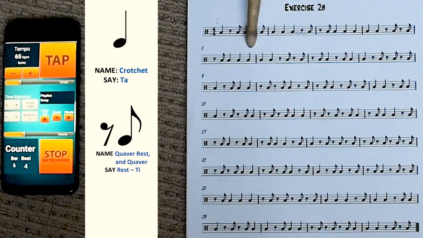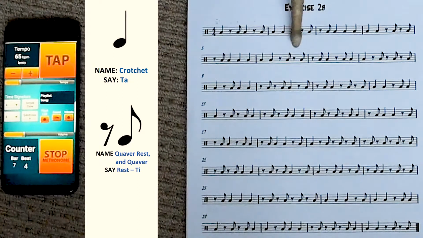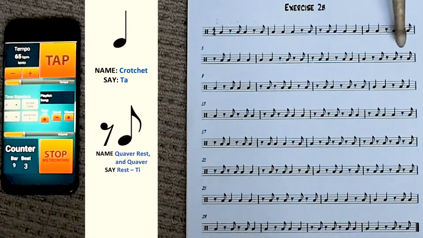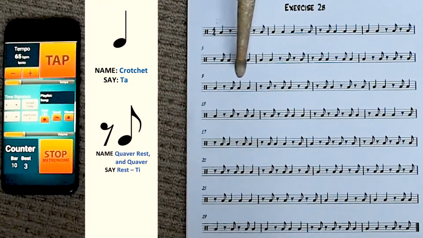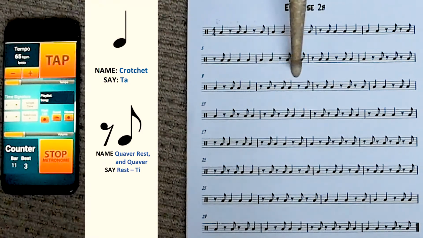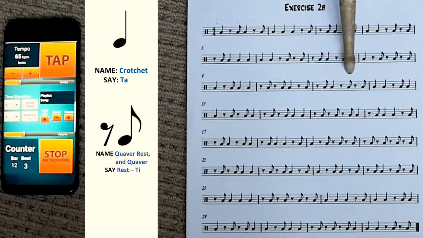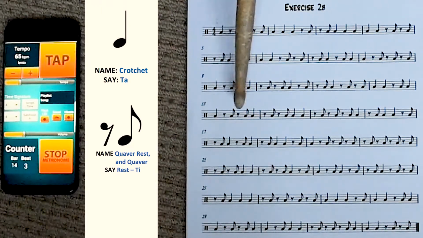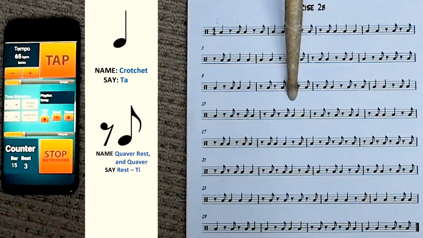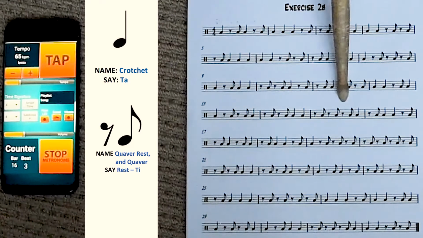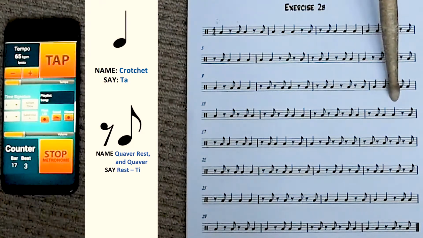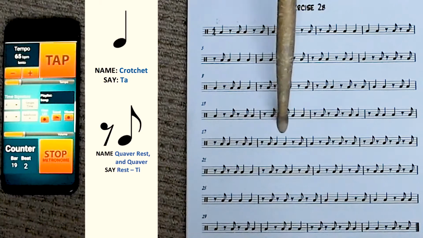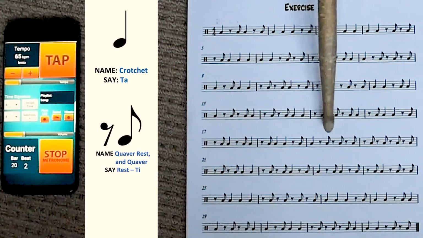ta, ta, ta, ta, ta, rest T, ta, rest T, ta, ta, rest T, ta, rest T, ta, ta, rest T, ta, rest T, ta, rest T, ta, ta, rest T, ta, ta, rest T, ta, rest T, ta, ta, rest T, ta, rest T, ta, ta, rest T, ta, rest T, ta, rest T, ta, ta, rest T, ta, rest T,